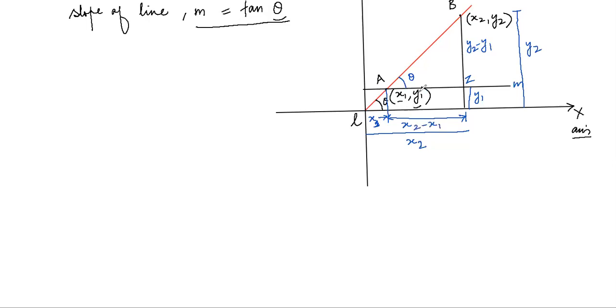And now, guys, instead of finding the slope of line L, I can as well find the slope of line AB. Why? Because I know AB is part of L. And once I know the slope of AB, I can always say what? The slope of AB, a small part of line L, is equal to